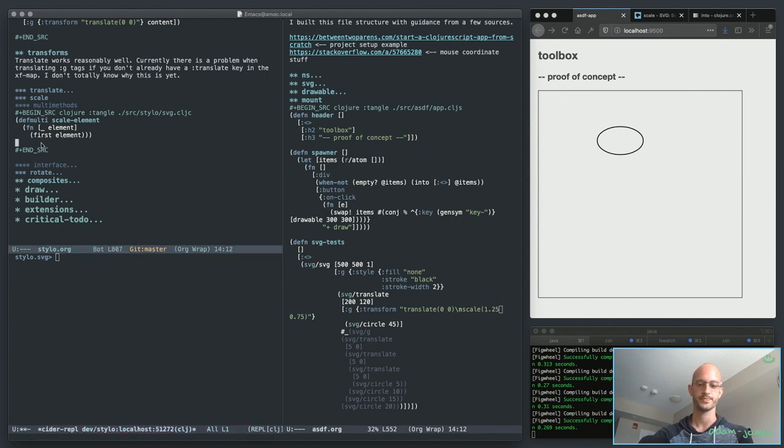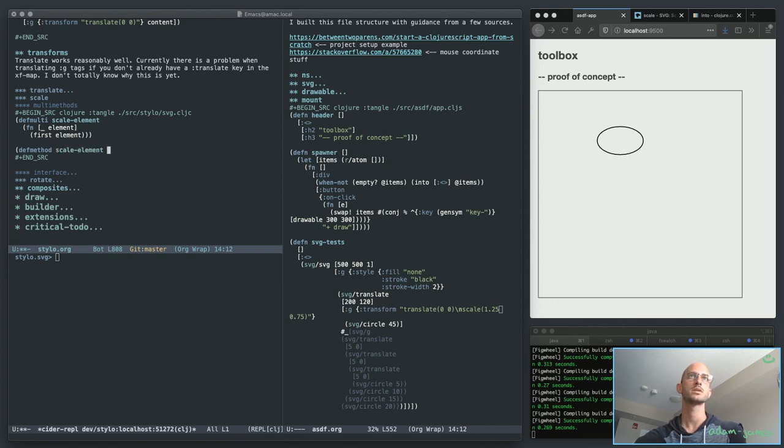If I go def method scale element circle, and I take scale only as the argument there, scale, and the second thing is k props, and that's all a circle needs,